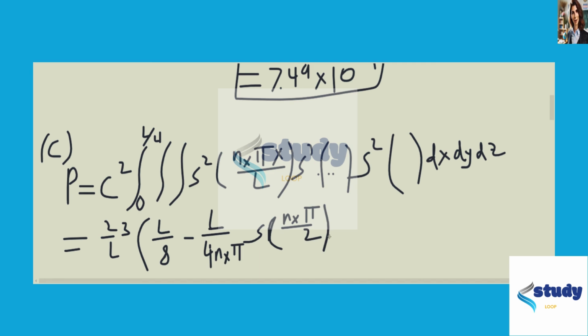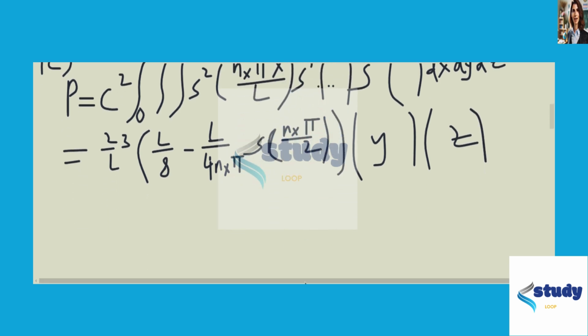Then you multiply this by the same thing for y, replacing everything with ny instead of nx, and for z it's the same thing. Carrying this out, we find that this is equal to